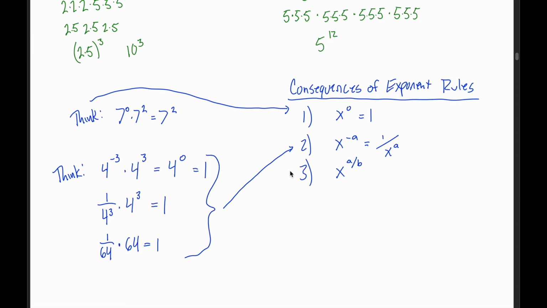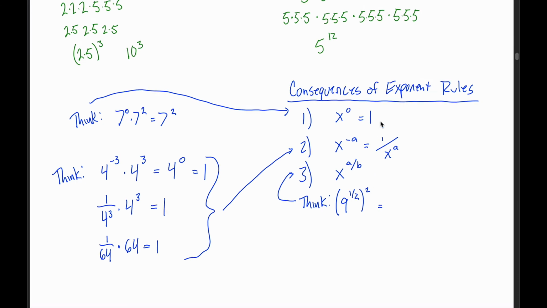For this third one, it's a little bit harder, but I again want to give you an example, even though most people will probably just end up memorizing the end product here. To understand it, I want to pick a specific case where the a is the number 1, and then we'll generalize from there. So let's pick 9 to the 1/2 power, for example. You might already know what this is equal to, but if you didn't, you would be able to use what we've learned in this video to figure out what 9 to the 1/2 power